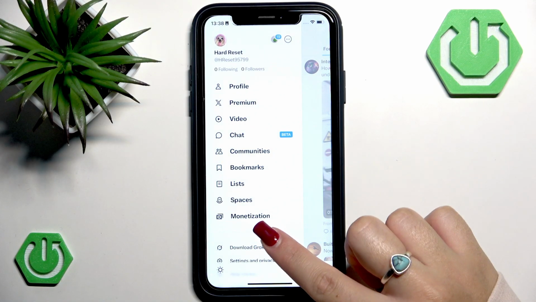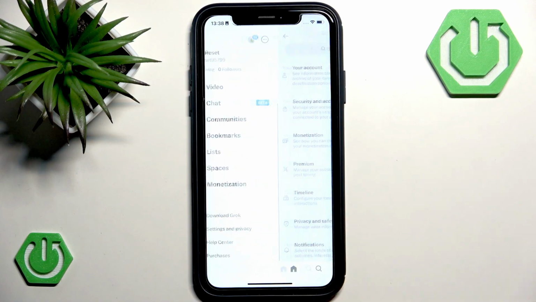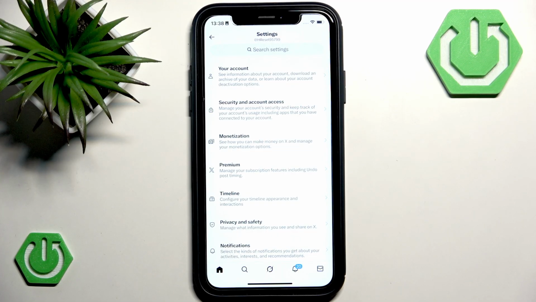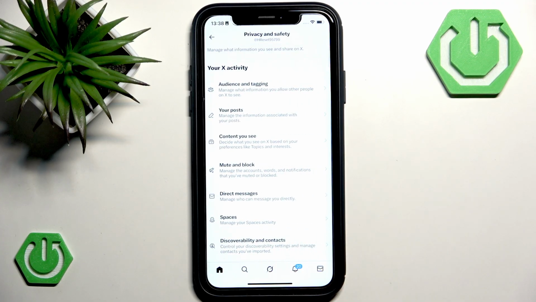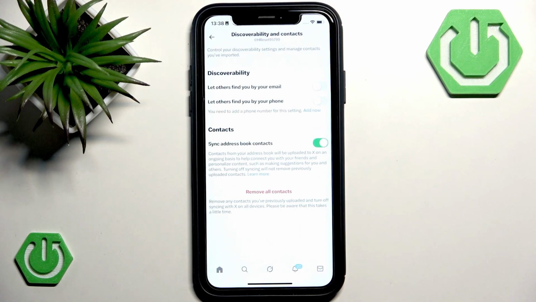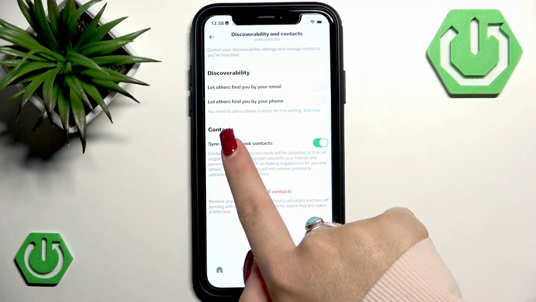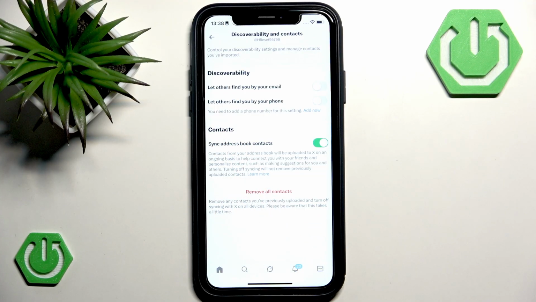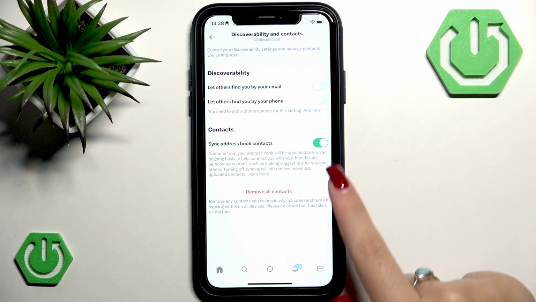Now in this menu, let's scroll a little bit down to settings and privacy. Now, as you can see, your settings are divided into several sections. You want to go to the privacy and safety section. Now here find discoverability and contacts. And under the tab with contacts, find this option that says sync address book contacts, and please make sure that